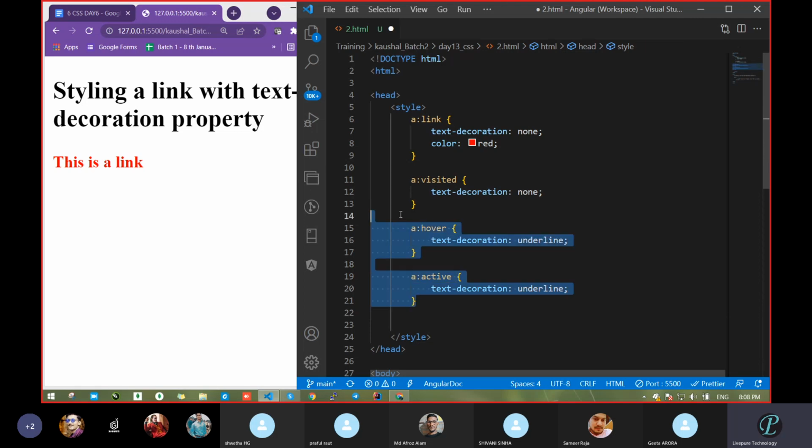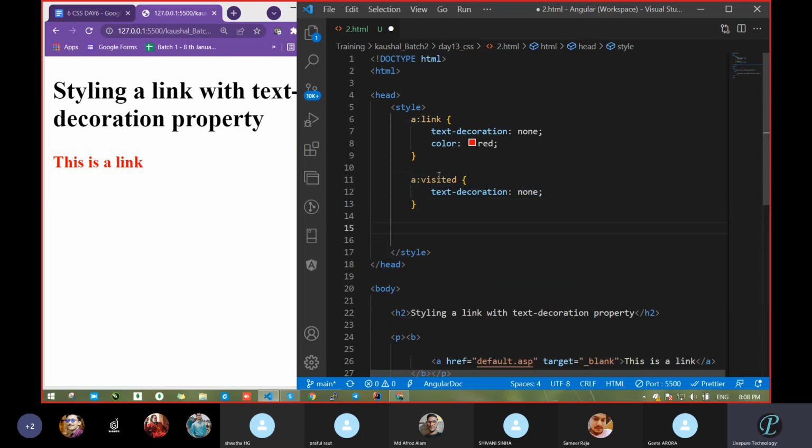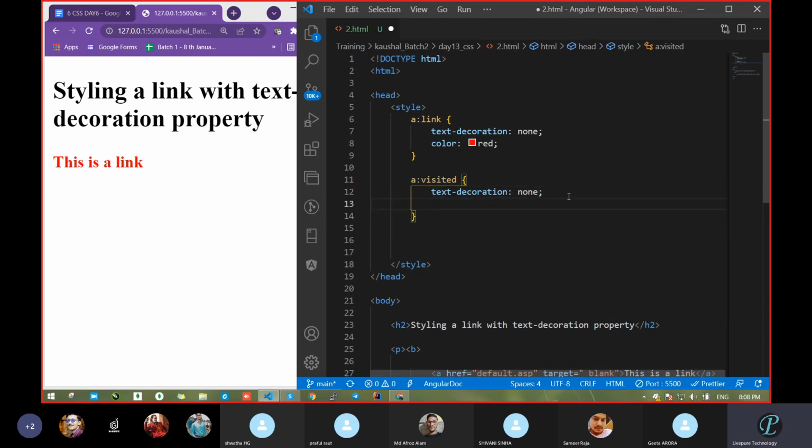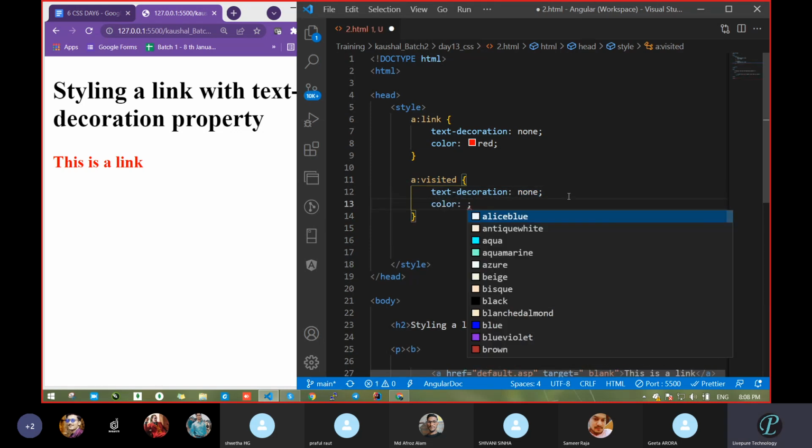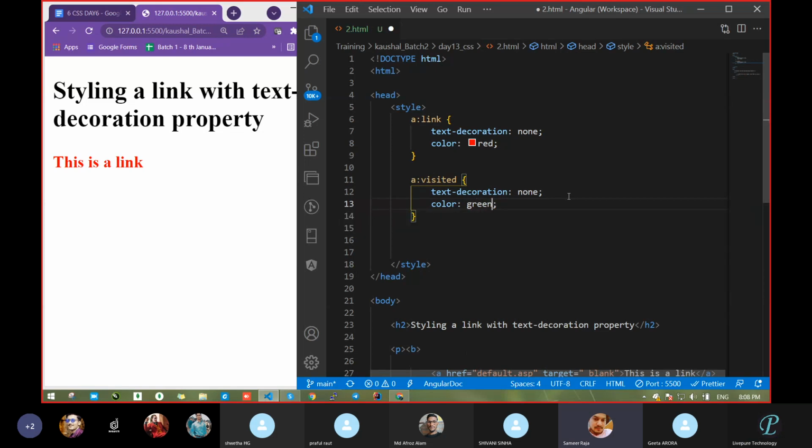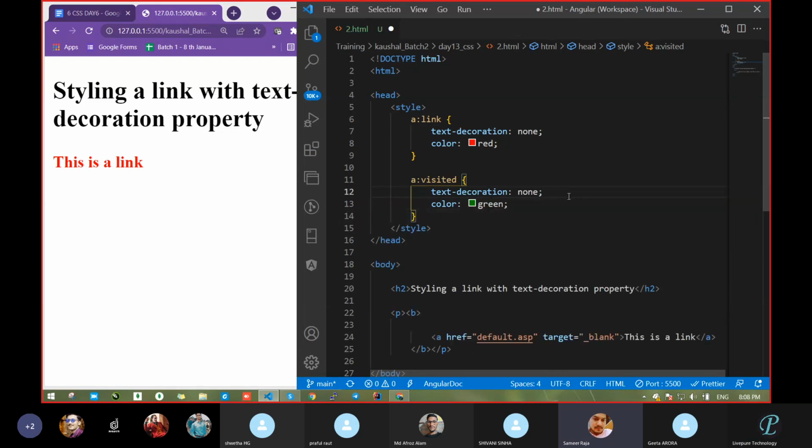These all properties we have seen. There is nothing new in this. But what is new? The new thing is text decoration. Okay, we are playing with this one. So what I want is, when this will work actually, what are you thinking? I will pass a stroke color also. When will this work? Whenever we hit this link, and after that you go to that respective website, and then we come back, after that we get that link in another color, whatever color we are going to give. Yeah, correct. So this is visited.